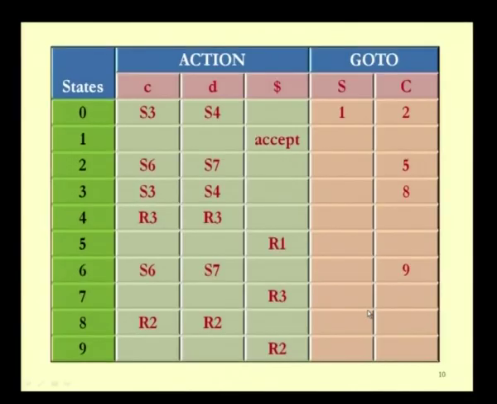Now we are going to see how we will be constructing the parsing table, that is, the canonical LR parsing table. We have just seen how the parsing table is constructed with the help of an algorithm. The parsing table has two components, one is going to be the action component and another one is going to be the goto component, and the action component and the goto component are indexed by the state numbers. In total there are 10 states, 0 to 9, and for the first entry we find that it is going to be